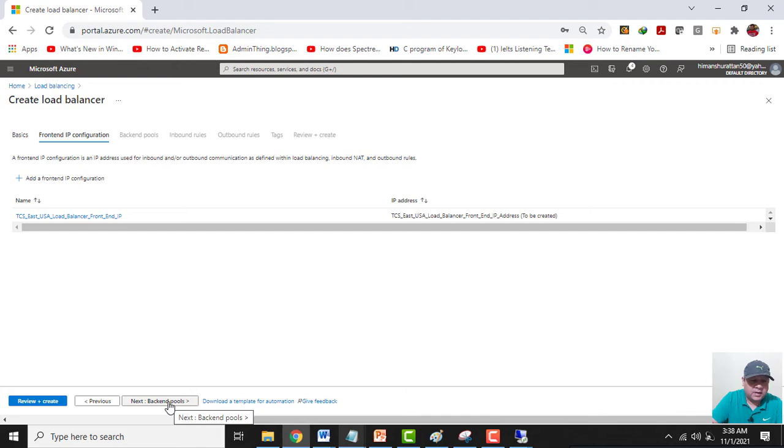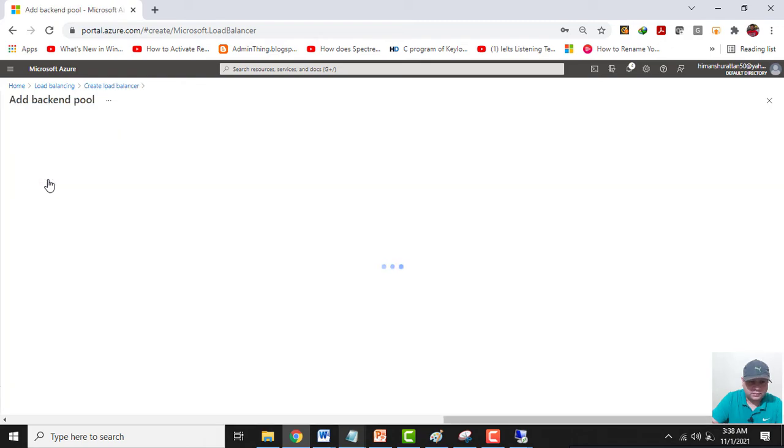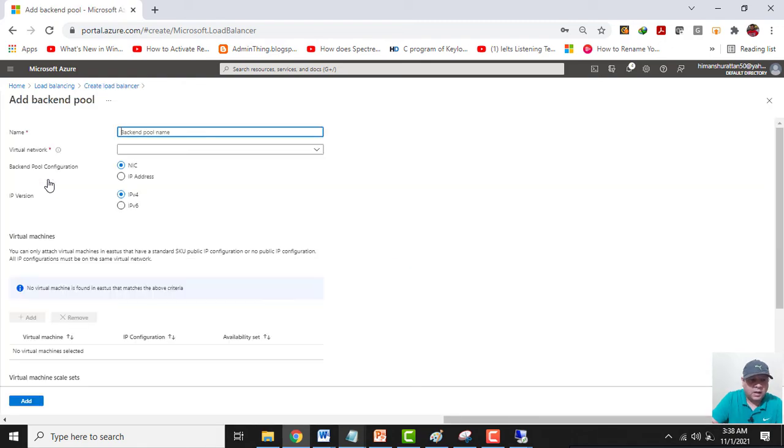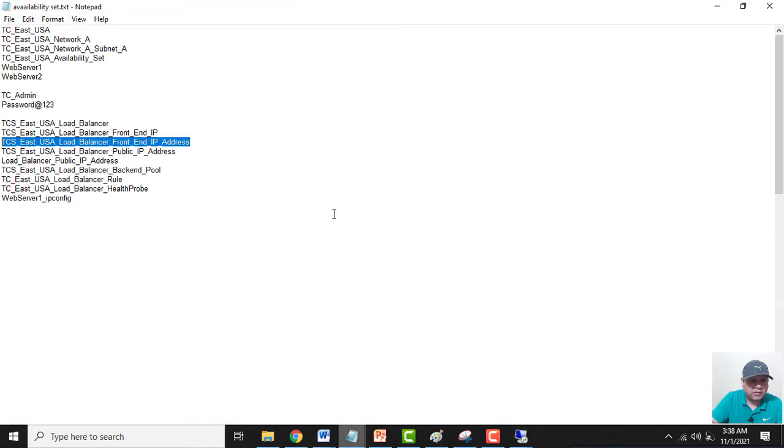Now let's click on Next, Backend Pool. Now I'm going to click on this Add a Backend Pool. Click on Add. Now I will give some name to this backend pool. I will give it this name, TC_East_USA_load_balancer_backend_pool.